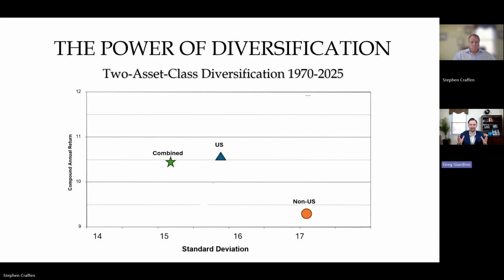So if we look at this table, it's really showing you the power of being diversified. From 1970 to 2025, we're going to look at a non-US portfolio, and then combining it. So we could see here on the x-axis across the bottom, that is standard deviation. It's a measure of risk, right? We want to have lower standard deviations. And then for returns on the y-axis, we want to have higher. And ideally, you want to be in the northwest quadrant. So you could see here, non-US versus US, risky inherently by itself. But when we combine them with the green star here, we can get a more efficient portfolio and a better result, historically speaking.